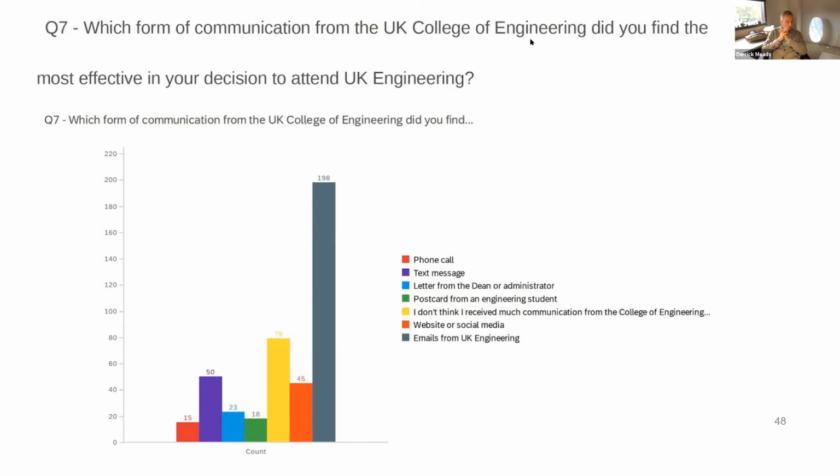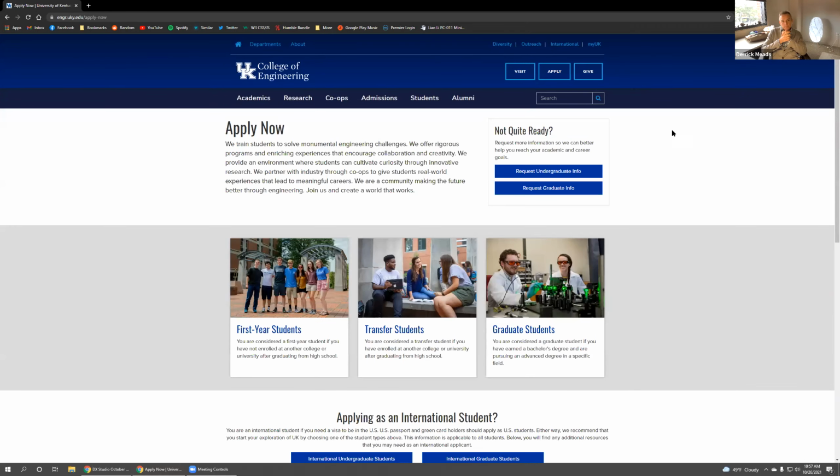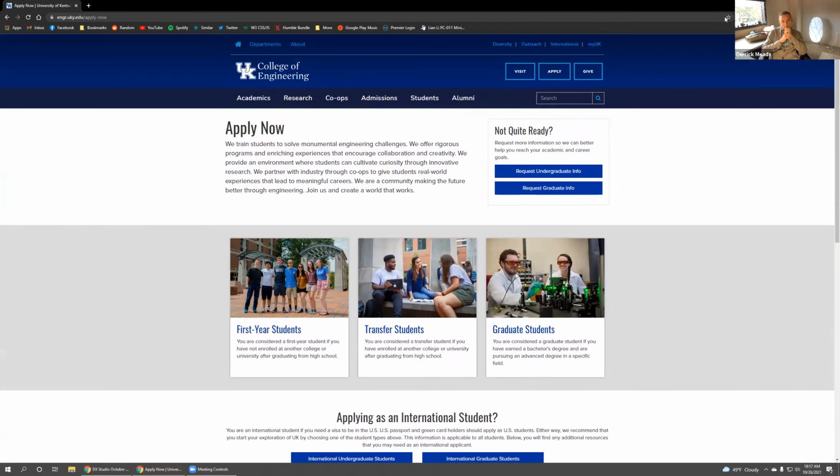One thing we are starting to use, Tyler, is an RFI, request for information. If you click on our top button on our website that says apply, we do have an internal RFI form for graduate students, which has surprised me with how much it's gotten used. And we're also directing them to the admissions RFI form as well.